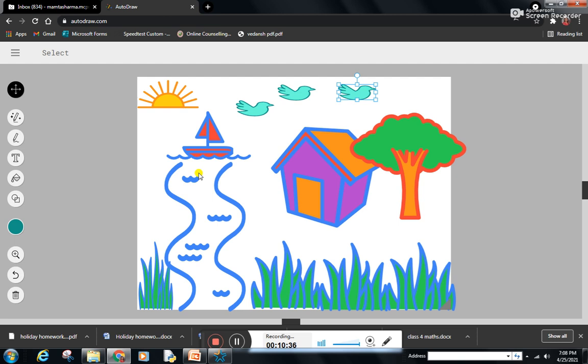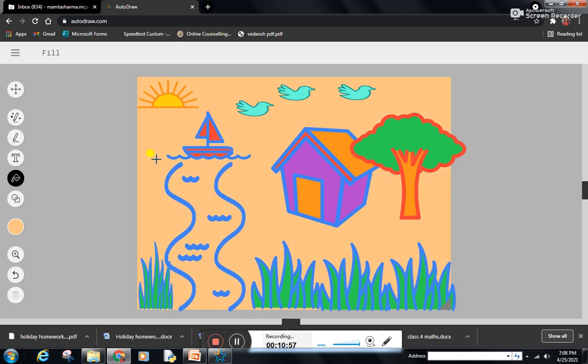And suppose you want to apply some background color in this, so you can select any of the colors and just take a light background color. Suppose I'm taking this peach color, yes, this color, and I'm clicking here. So this is how you can fill the background color.